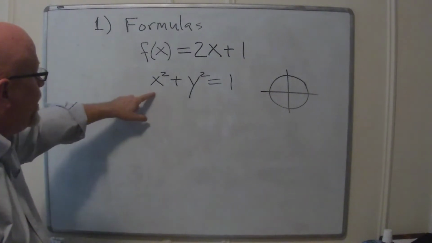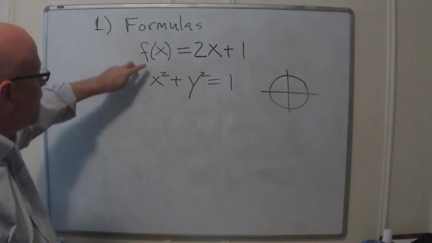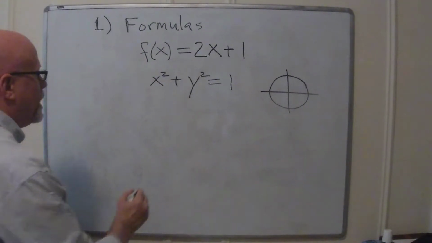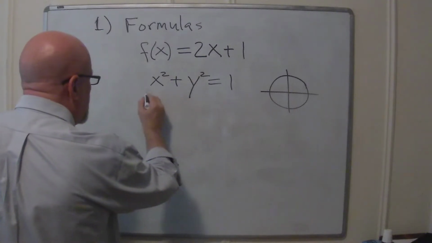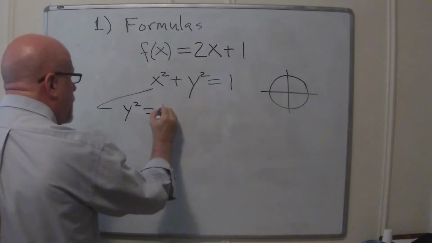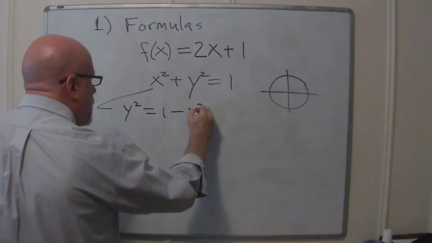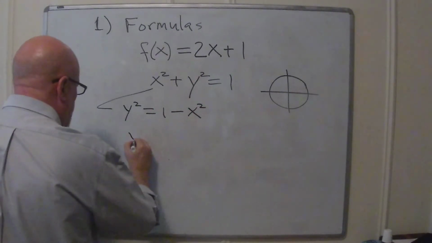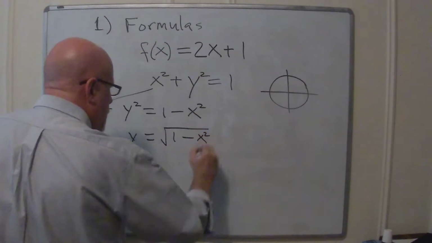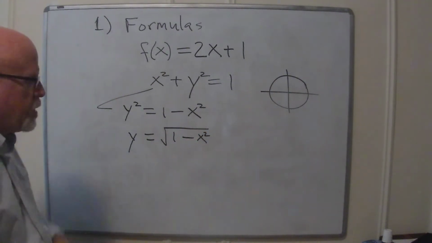Well, how do I know that this thing isn't a function in the same way that I knew this one was? Try solving it for y. I'm going to do a little bit of algebra here, so let's see. First I'd move the x squared to the other side, and then just take the square root, no problem. Yeah, so wait, I did just solve it for y.